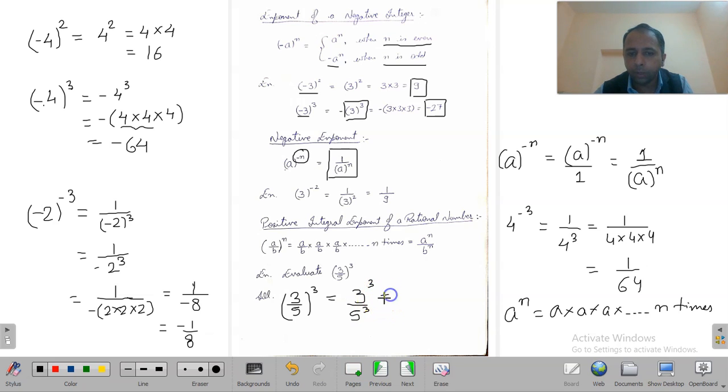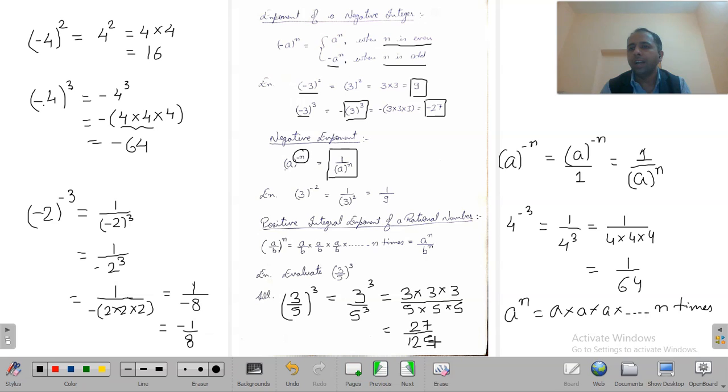Now 3 to the power 3 means 3 multiplied by 3 multiplied by 3, and 5 to the power 3 means 5 multiplied by 5 multiplied by 5. So how much is 3 multiplied by 3 multiplied by 3? It is 27. And how much is 5 multiplied by 5 multiplied by 5? It is 125. So (3/5) to the power 3 is how much? It is 27